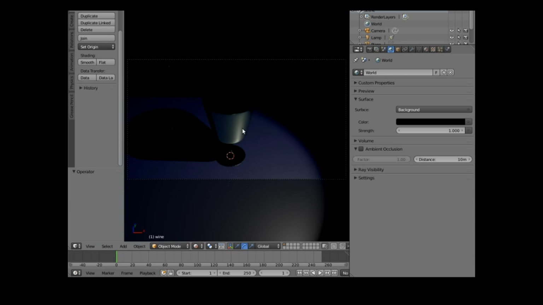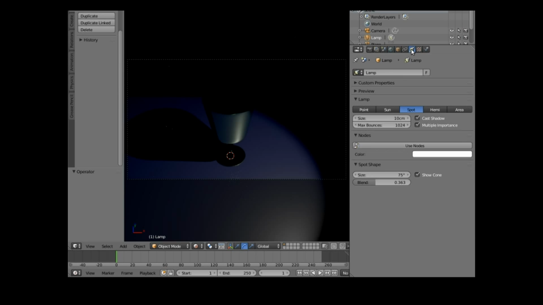And you can see now we've got a spotlight there, but it's not terrifically bright, is it? So what can we do about that? We can go to our lamp, and we can click on the little lamp symbol, and we've got a size there, 10 centimeters. Well, let's raise that up a bit,